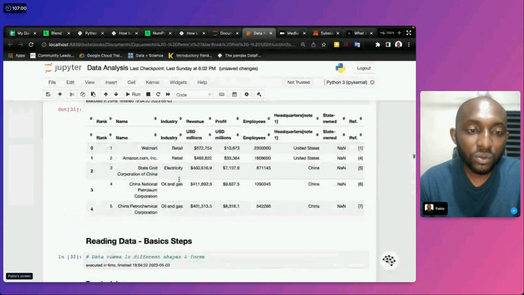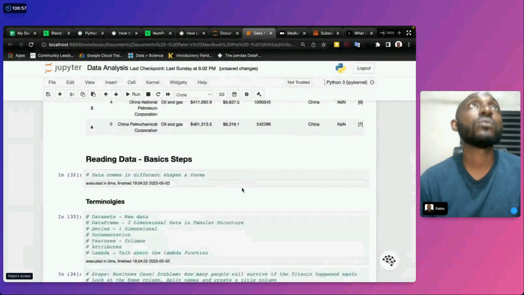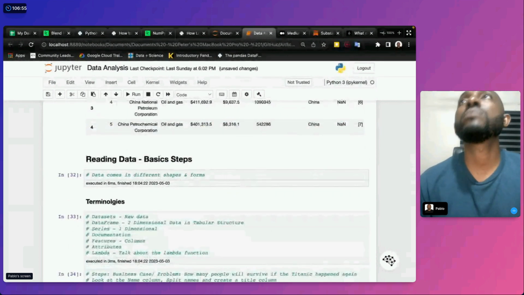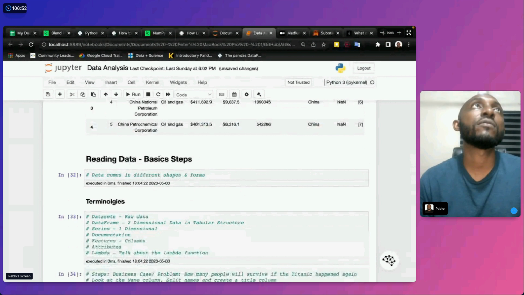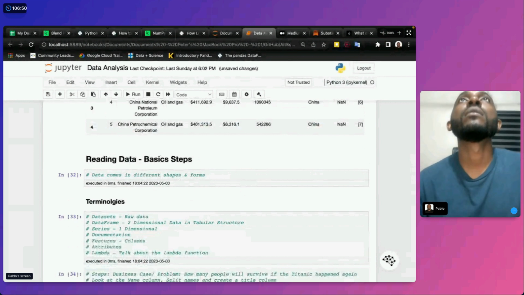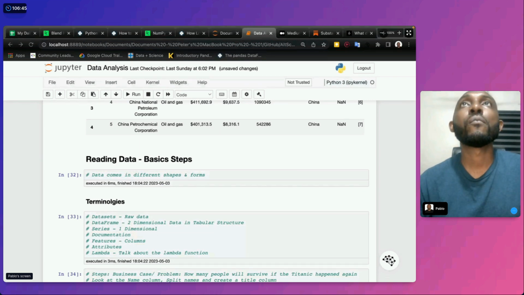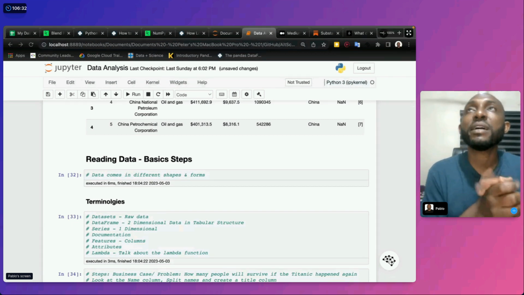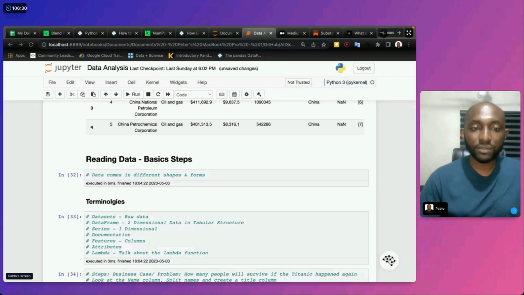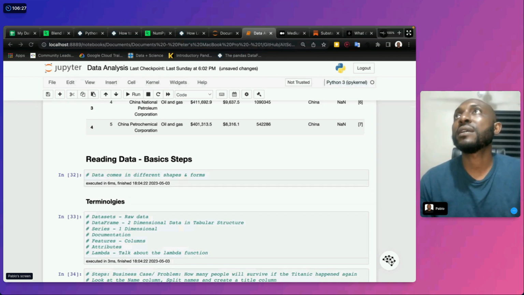And then we're going to also look at some philosophies in terms of pandas and NumPy at the same time, but we'll introduce them and talk about a few philosophies. So it's basically pandas, NumPy, and our own data today. So let's get started.